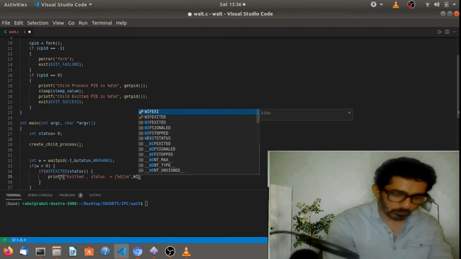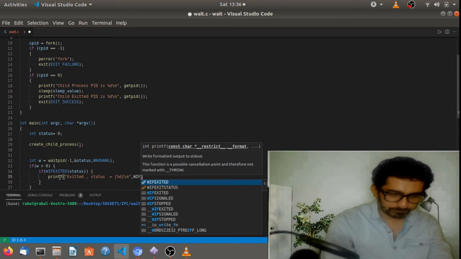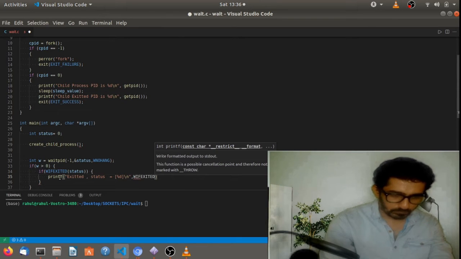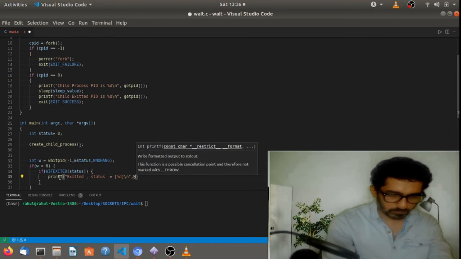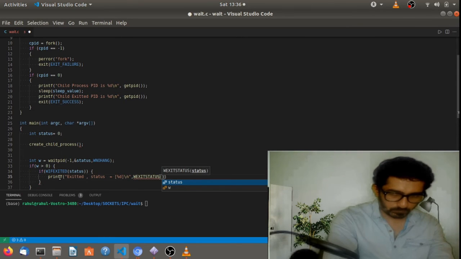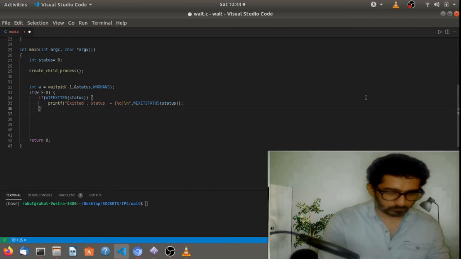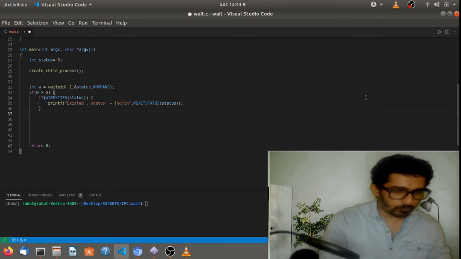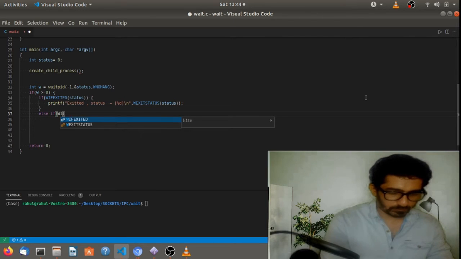That is, sorry, it's WEXITSTATUS. In here also we need to pass the status. Then there are a few more states of the process to check, so let's check those states also.